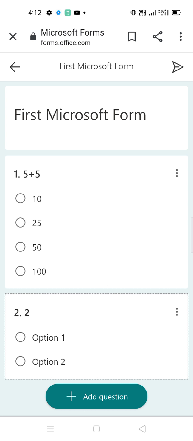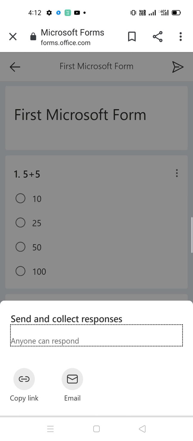Then you can send this form by clicking on this plane sign. Click on it, and then if you want to send this form anywhere, you just copy the link. Or if you want to email this, you just email this to anyone you want.